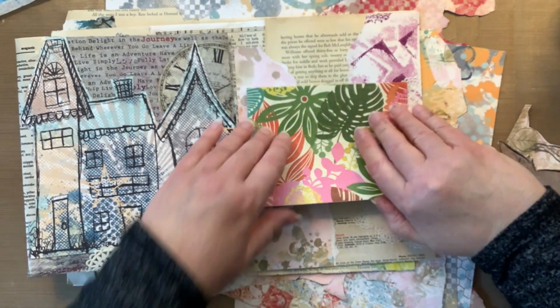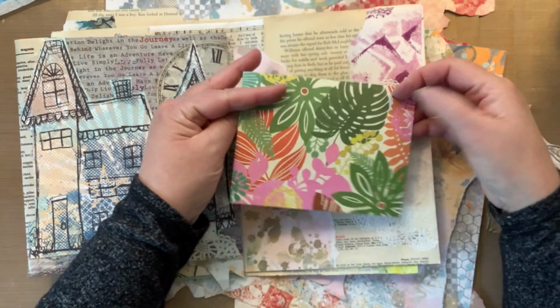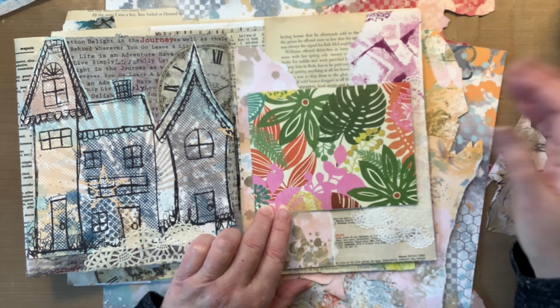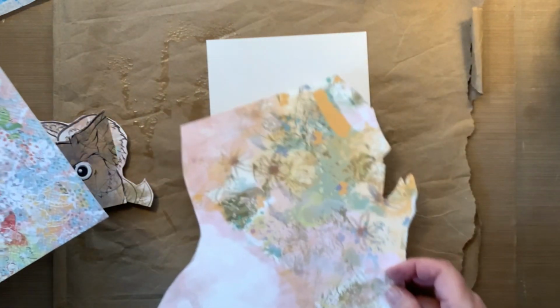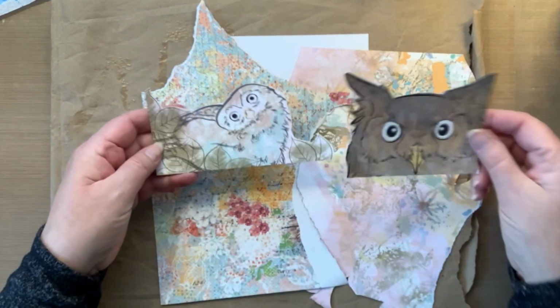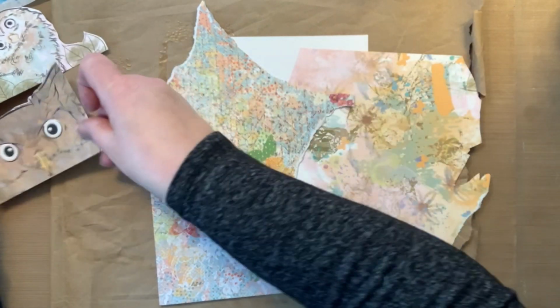It's pretty colorful. It's really a note card. There's nothing in it, so we're going to put some papers on the inside. It's just going to get glued on there, and I think it's going to look really awesome. So let me move the pages to the side. The first thing I want to do is decide what paper I want to put inside here. I would love to use up some of these scraps. So I'm thinking between these right here, because I'm also going to be adding these owls. So this is going to be an easy peasy type